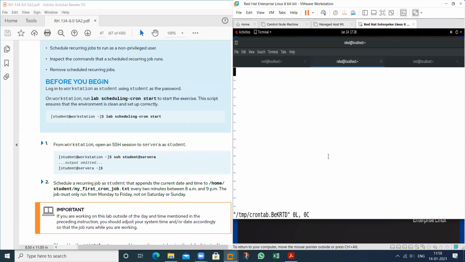See here. First, I will create a task. Then I will show you. Rahul is creating this particular task. It's a standard user and he wants to run the echo command. And in this echo, he wants to print some value.